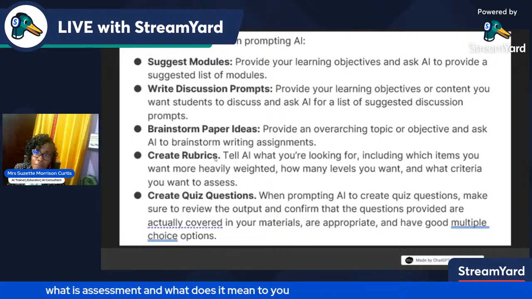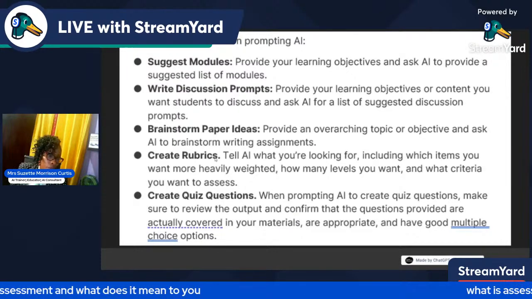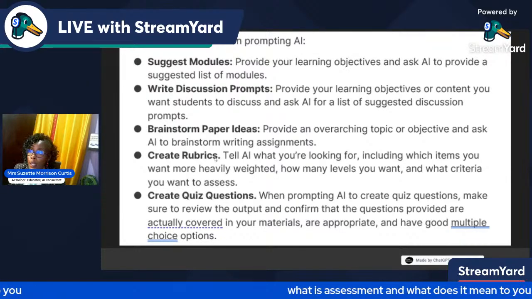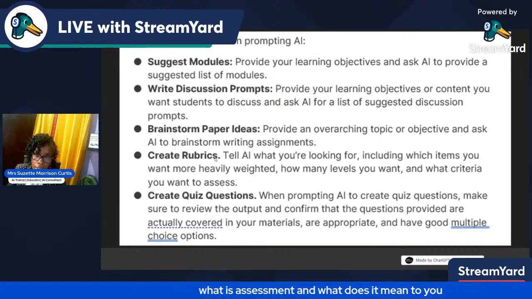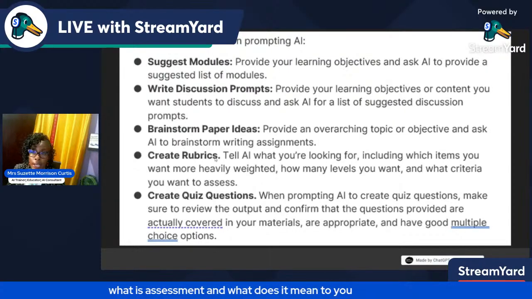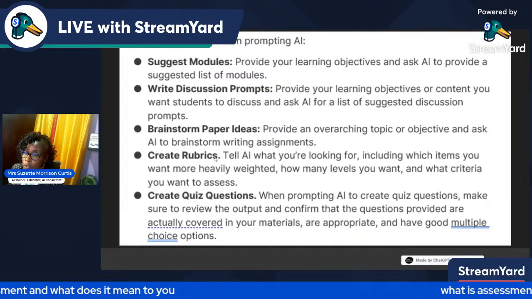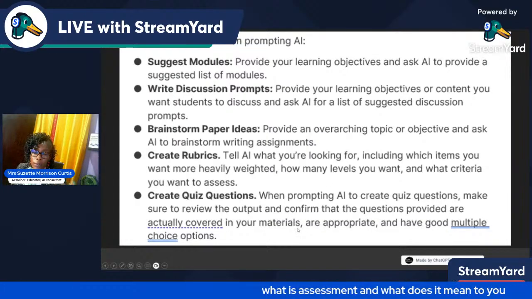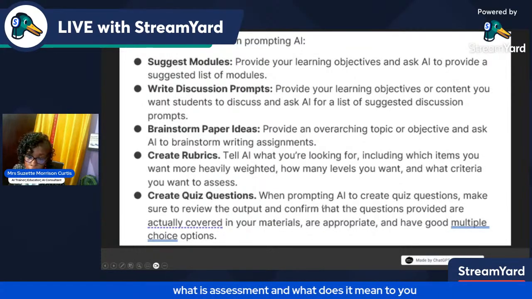And it can also break it down even more, to provide differentiation techniques, teaching techniques that you can apply to the different types of learners in your classroom. Also, it can write quiz questions covering the materials you're going to be redesigning.